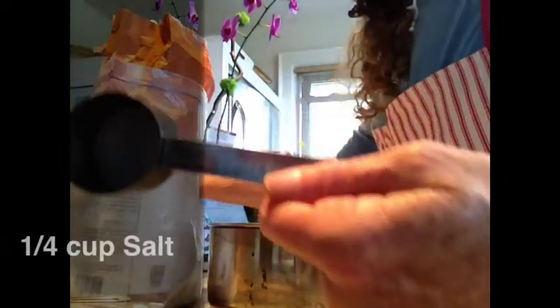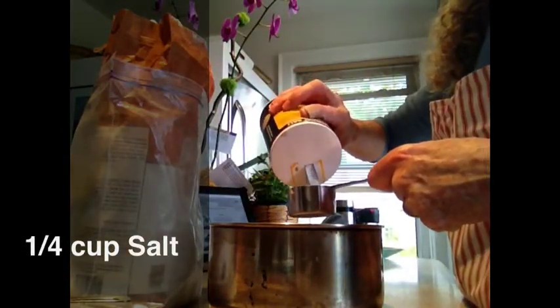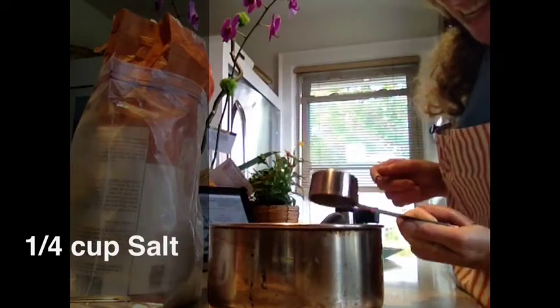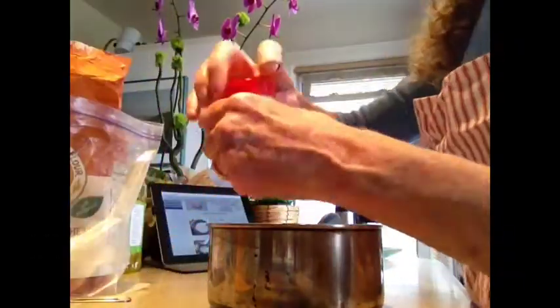Salt, 1/4 of a cup of salt. So here's a 1/4 measuring cup. Oh, that is a lot of salt. I don't usually bake with salt or cook with it, so 1/4 cup of salt, 3 tablespoons cream of tartar,